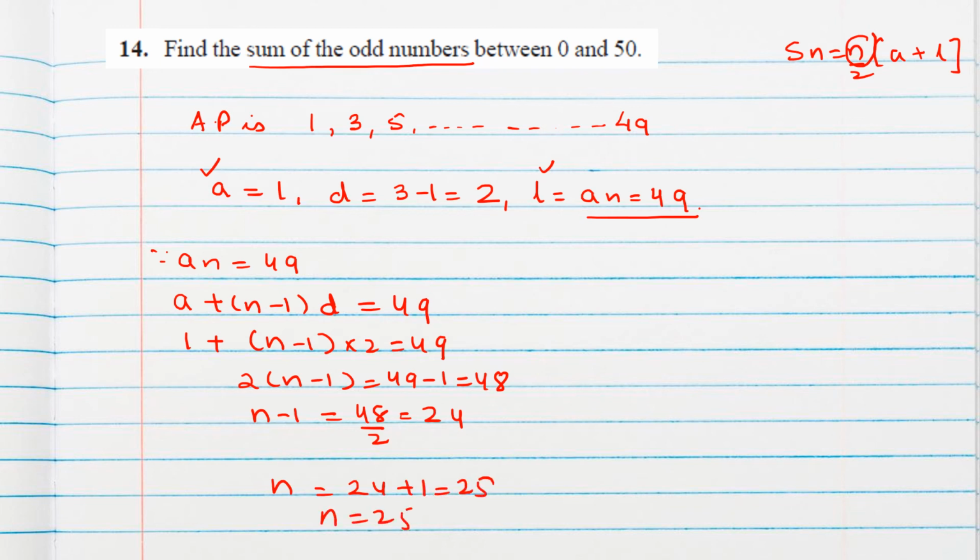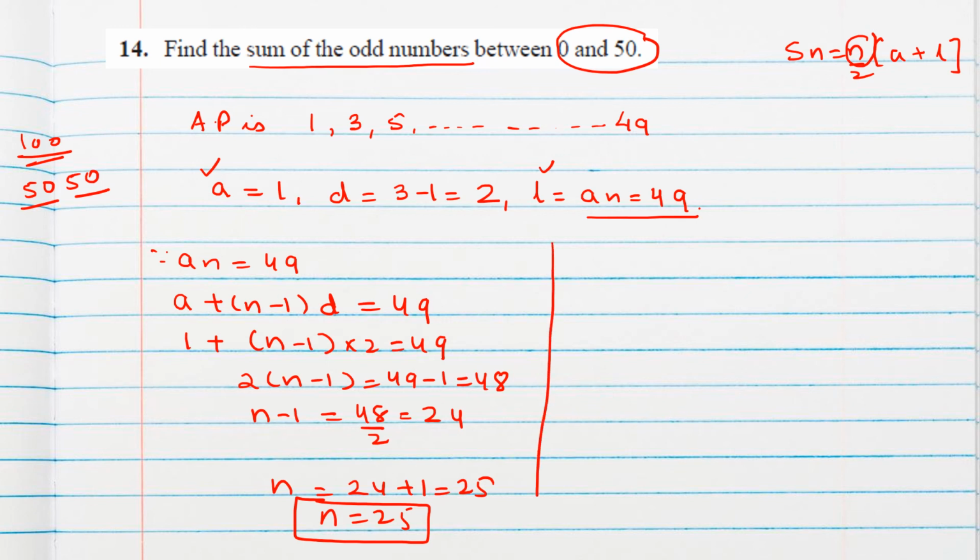So using steps we should write this, because we know suppose in total 100 numbers are there, half will be odd, half will be even, isn't it? This we know. So here 0 to 50 means out of 50, 25 will be odd, 25 will be even. This we know by the logic, but we should show using steps to get the marks.